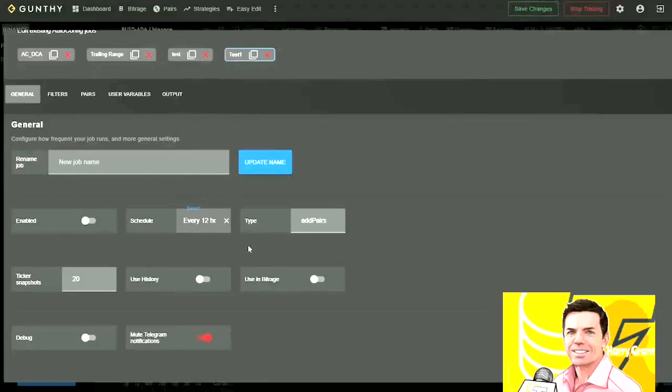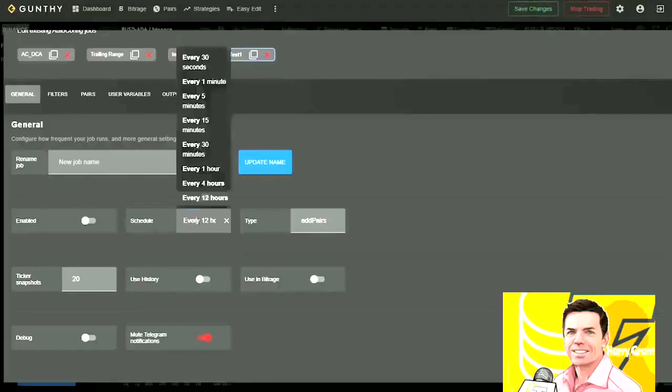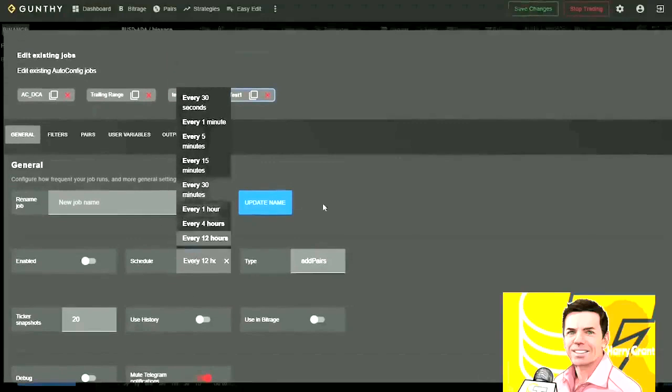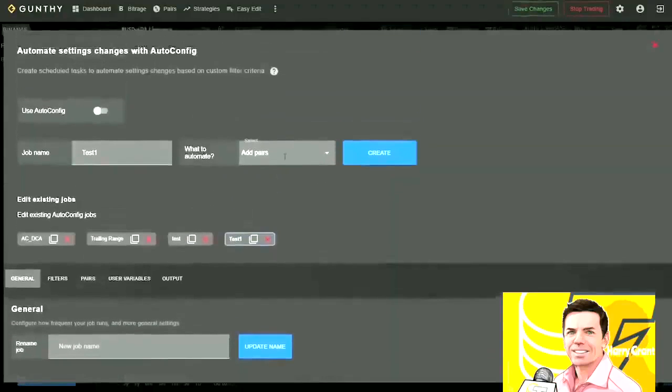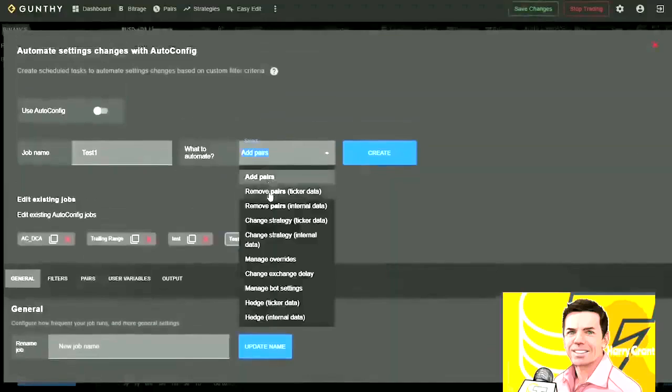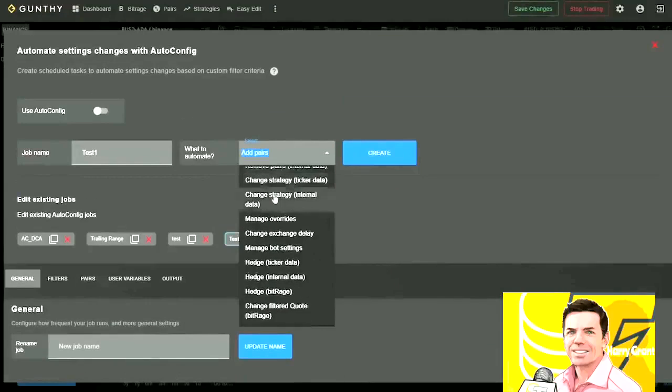So I'm going to add pairs that have gone up 10% in the past 24 hours. Or I want to add pairs that have a 24-hour volume above 1000 BTC. I can do things like this, and then it will automatically check for these specific filters every certain amount of time. And I can do it not only to add pairs, but to remove pairs, to change the strategy,